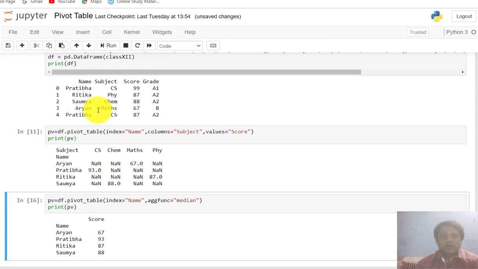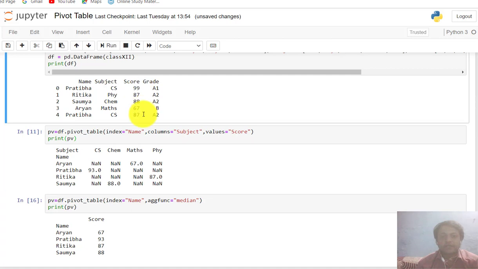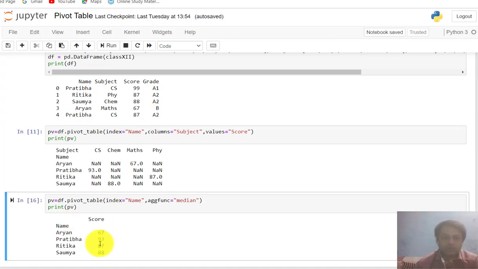You see Aryan only 67, while Pratibha has two values, so it is able to find the median of that value. How do you find it? 99 and 87 are added and then divided by 2. Clear? So this is the median of Pratibha, and that's why it shows 93.